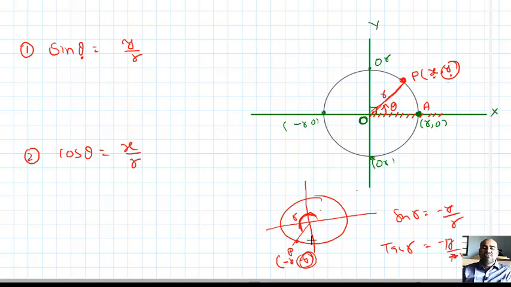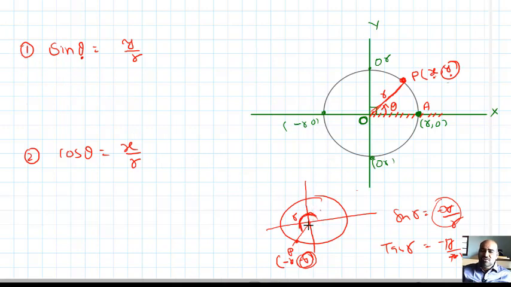From this definition only you can derive the concept of the signs of trigonometrical functions, the all-sin-tan-cos rule. So here, in the third quadrant, sin is negative if x and y are treated as positive, and tan is positive, like that. You can define all trigonometrical ratios. The important thing is theta is any real number.